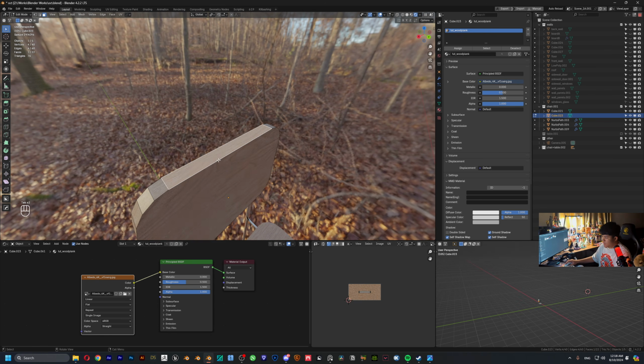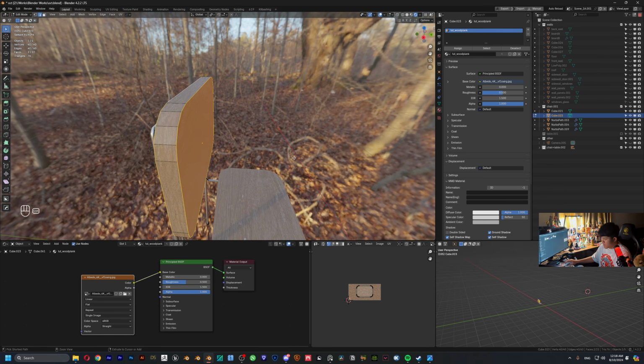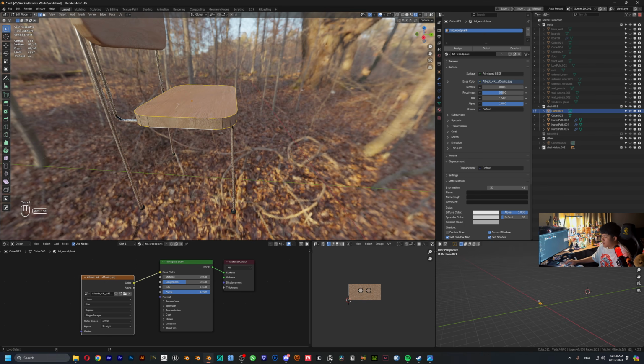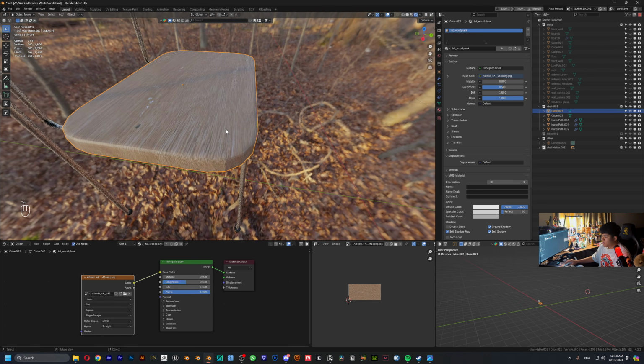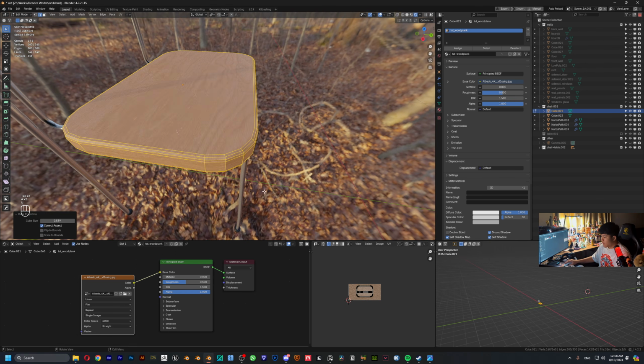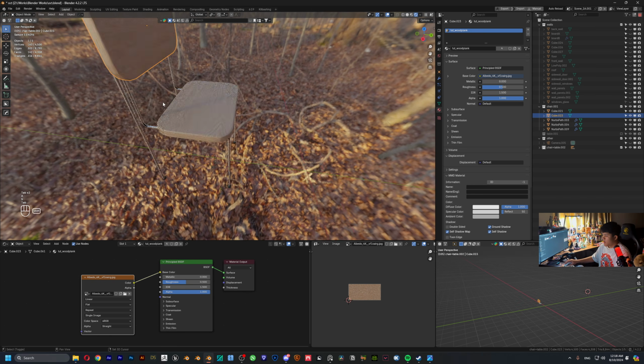Also, if your PC is good, I highly recommend you sometimes just take a look at this little micro detail, because you can bevel those in just a little bit. It also makes everything look better, because nothing is sharp in real life. This must be just a little bit of bevel. It's always good. So A on the keyboard, scale those things up. Do the same thing with this. Maybe just scale it up. And now